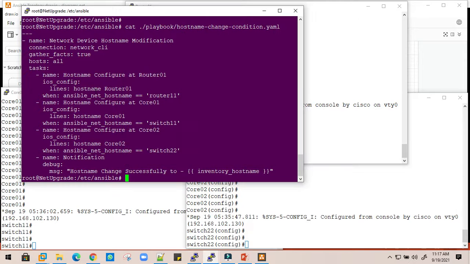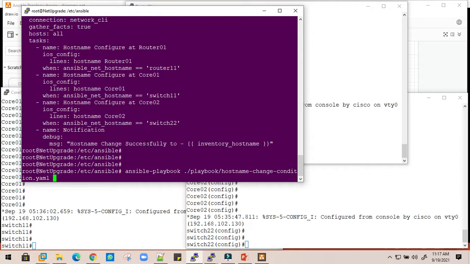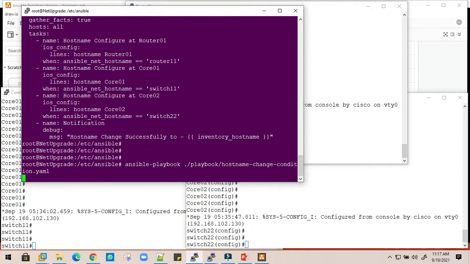It's router 11. It changes it to router 01, with the R capital, then goes again to switch 11 and changes the name to core 1, and switch 22 it will change to core 2. Okay, perfect. Let's verify now and execute: ansible-playbook, and the name of the file, which is hostname-change-condition, and press enter.